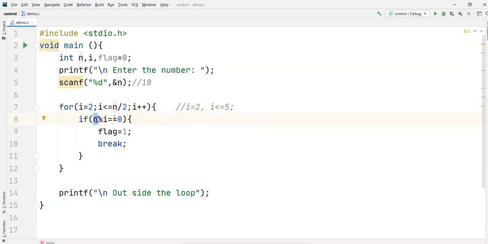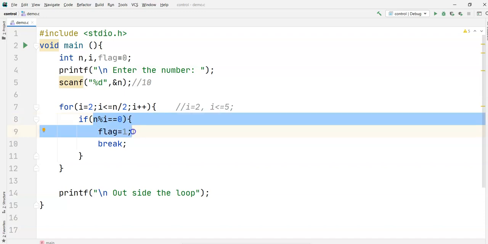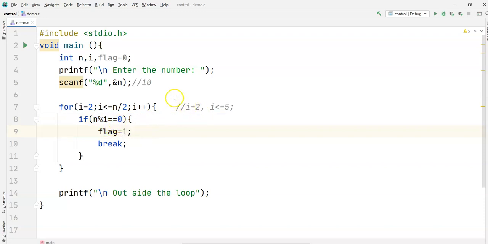n is how much now? Sorry, n is 10. 10 modulus 2, remainder is 0, and flag is 1. Why did I take this example? Now see, if it is divisible by 2, we already know 10 will be divisible by itself and 1.